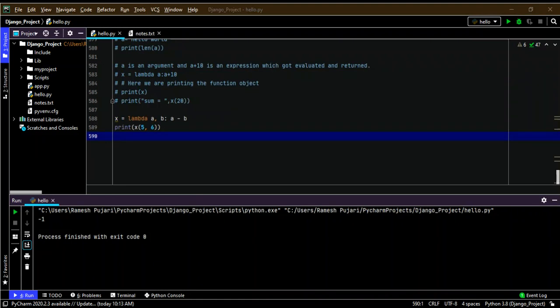Now I am going to demonstrate why we need to use lambda functions and what is the use of lambda functions. In Python, lambda functions are better when we use the anonymous function inside another function. That means if I define a function, inside that function I am using the anonymous function, that is the lambda function.